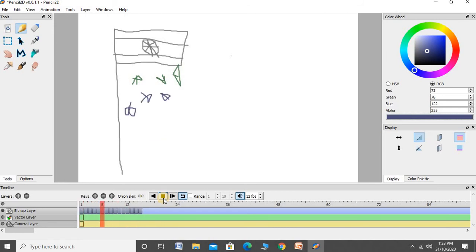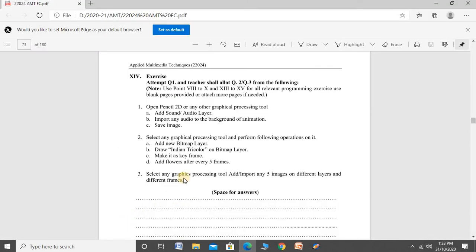That's like you created it. Okay, after that, next question: select any graphical processing tool and import 5 images on different layers and different frames.